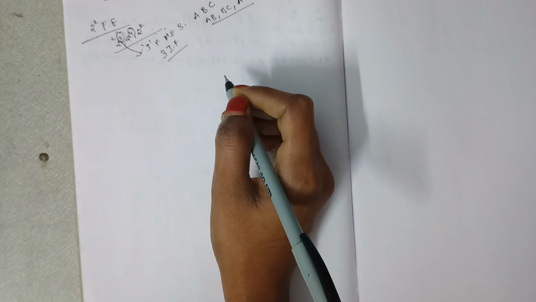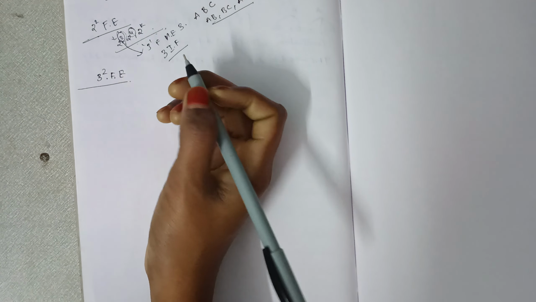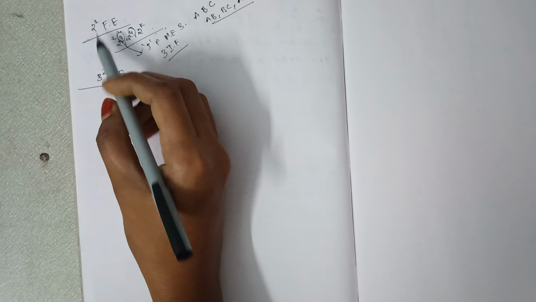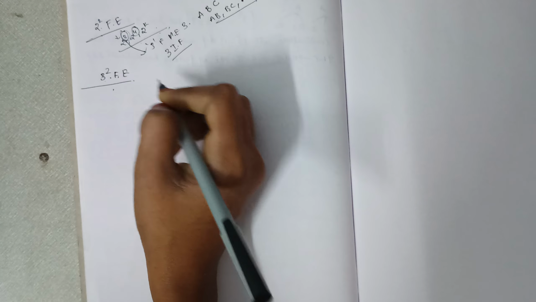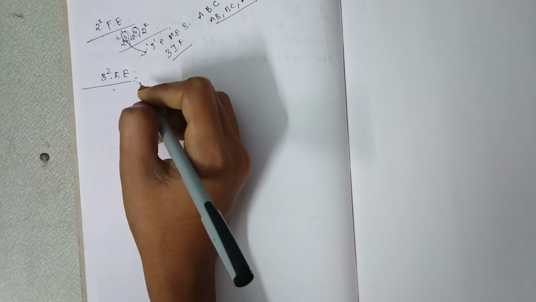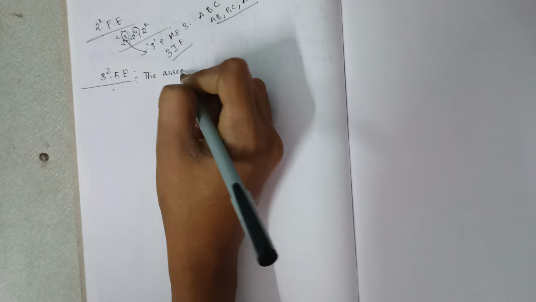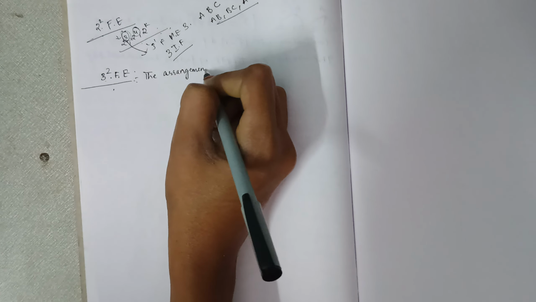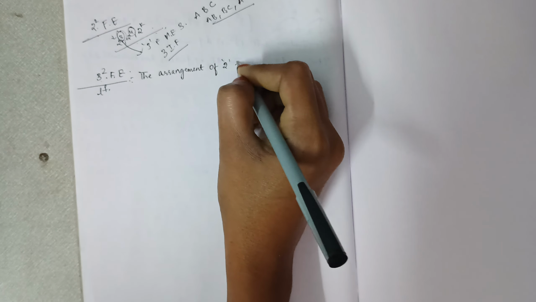And today we are going to learn the 3² factorial experiment. This is not the same way as the 2² factorial experiment. So here first you need to write the definition. The 3² factorial experiment is the arrangement of this is L power f, right? The arrangement of 2 factors